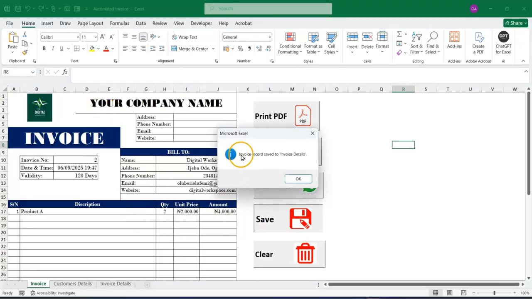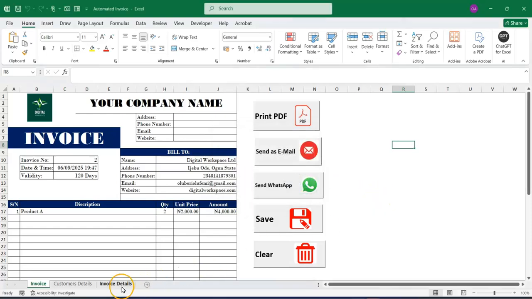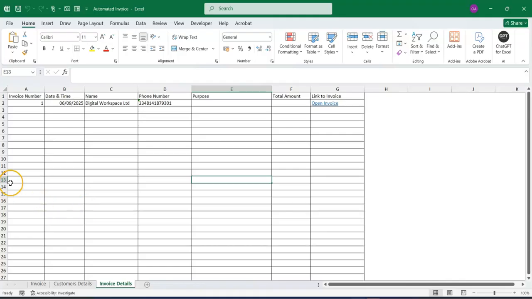save. Then you see that invoice record saved to invoice details. Click on OK. Let's go to invoice details. Now, what are the stuff that it picked? It picked the invoice number, it picked the date and time, it picked the name of the customer, it picked the phone number, it picked the purpose,